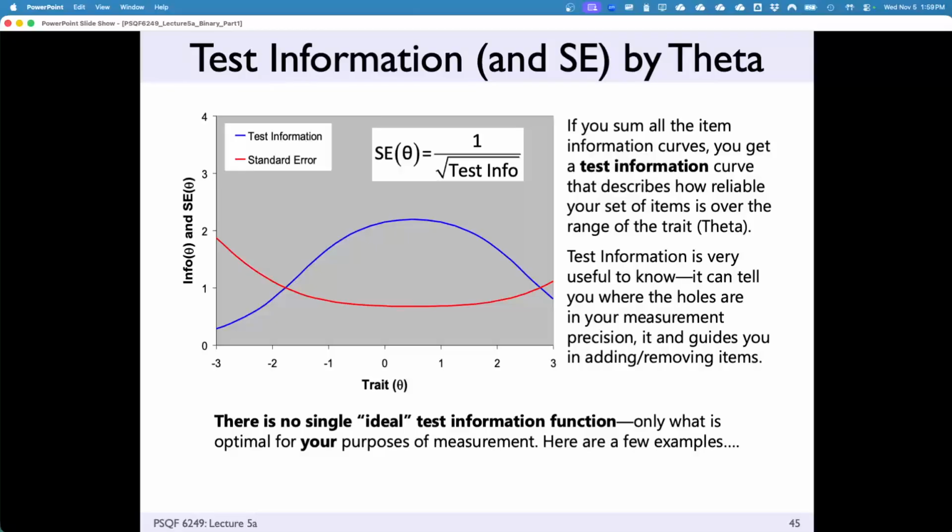Because information, if we take 1 over the square root of information, we get our standard error or conditional standard error of measurement for that trait. Meaning a theta with a value of 1, if we took 1 over the square root of this information, its standard error would be right there on that red line. Okay? So what you can see is how precise we are at measuring the latent variable varies as a function of the test information, basically, right? And the places where the test is most informative, we're the most precise.